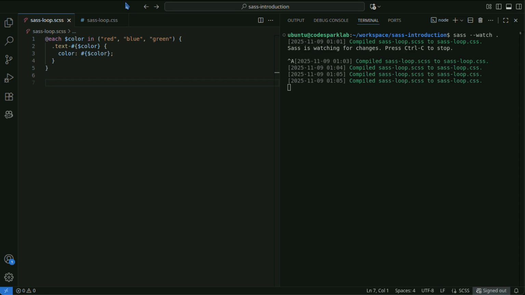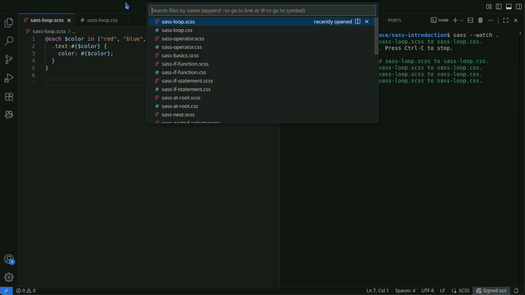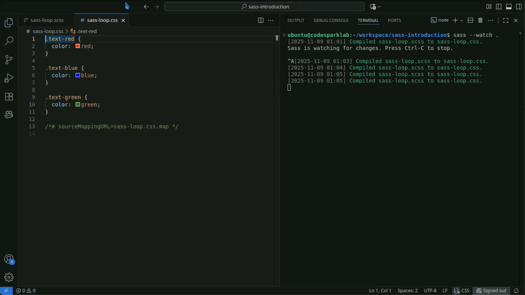This code automatically generates text color classes for each color in the list. The @each directive is used to process each value in the list sequentially. When the SAS file is compiled to CSS, classes like text red, text blue, and text green are generated for each color in the list.